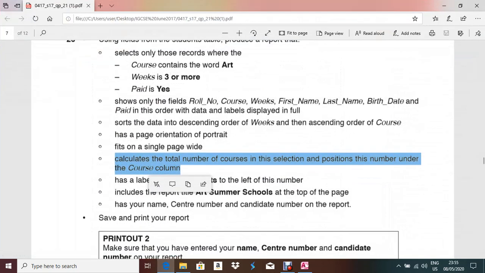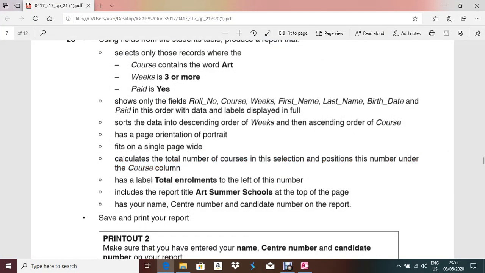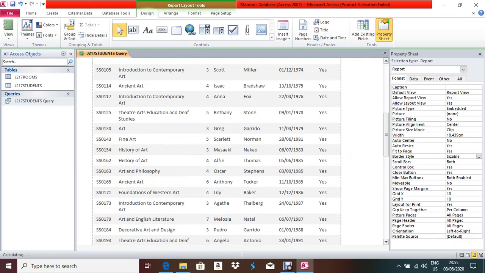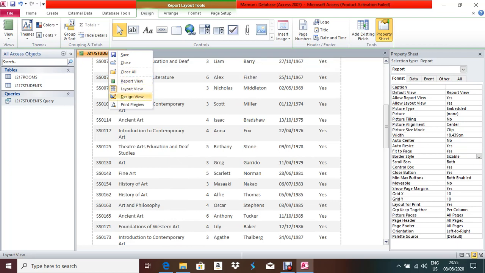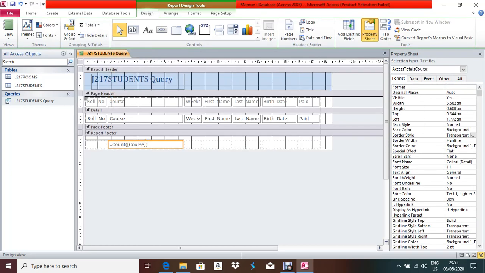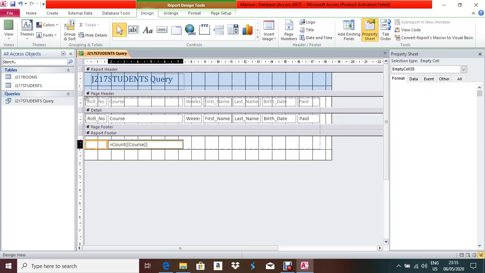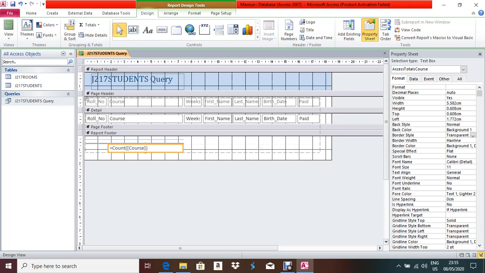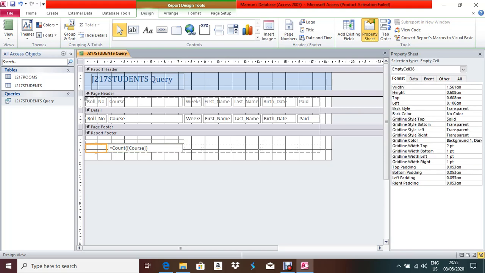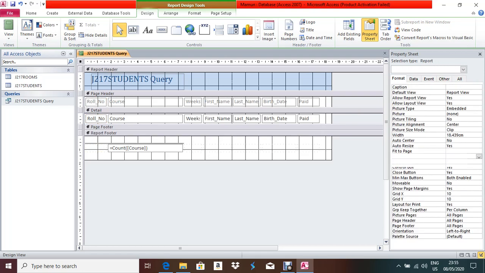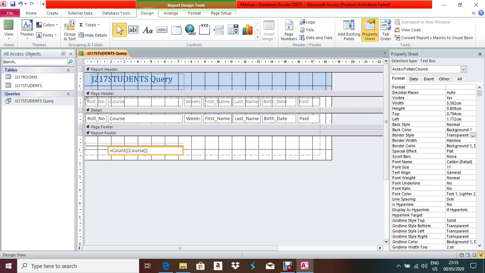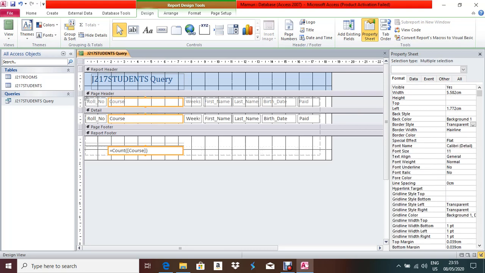After that, they're asking to add the label total enrollment to the left of this number. So what I will do, I'll open this one into design view. So this line is coming, first make it big, move it a little bit down. This line should not be there, right? Delete. Okay, this is the line of course field.